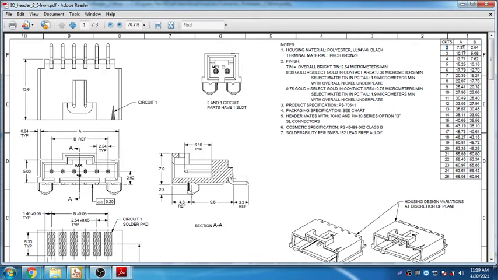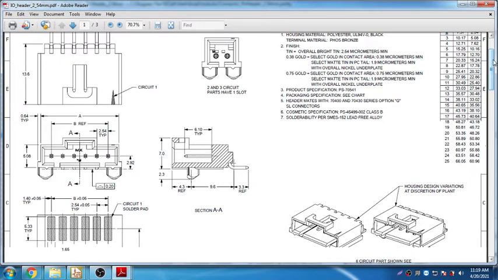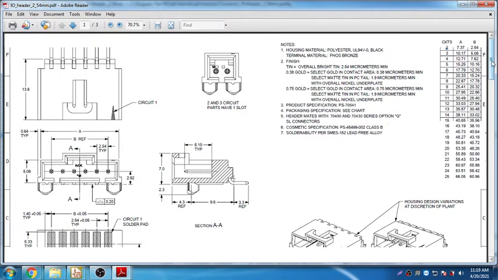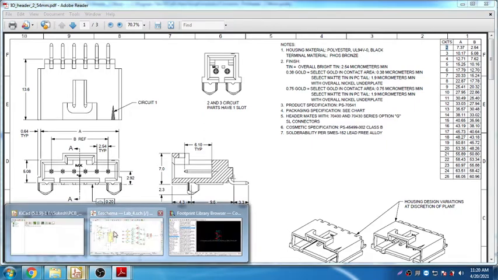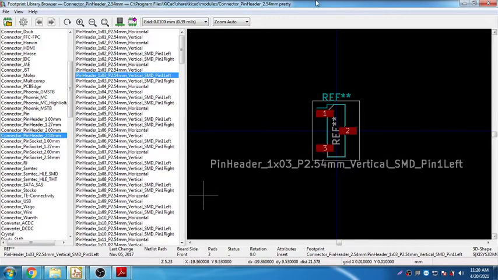Width is 7.37, so that is the outer dimension. The outer dimension of the connector is here. Mechanical people can understand this specification very easily. I don't find any difficulty to understand. See, they have given a general data sheet for this connector. So I'm discussing this connector, a 2-bit connector.